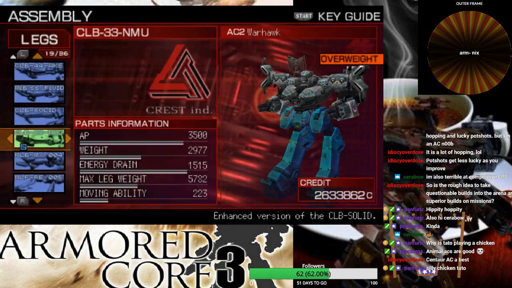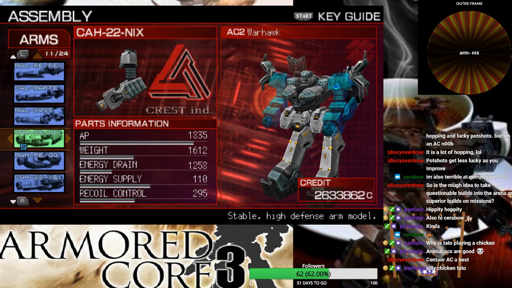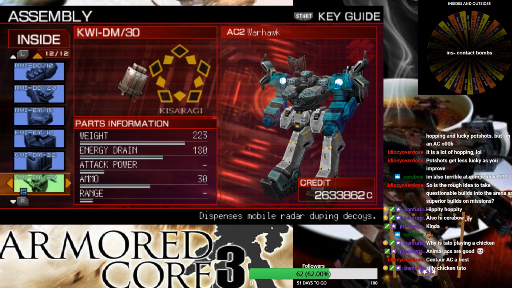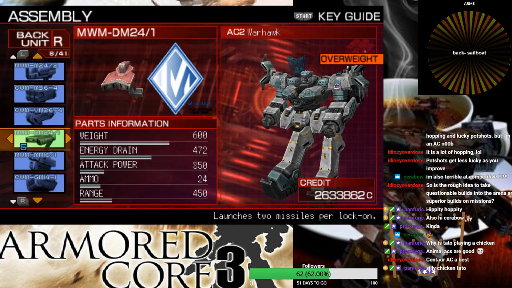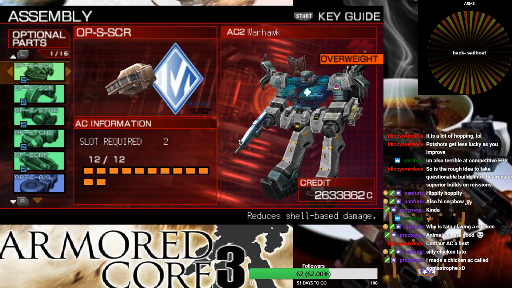Alright, we got Nick's arms. Please tell me that's what I think it is. Oh yeah, we got beef arms. Also, we can get something a little bit more viable than the howitzer. Alright, we got contact bombs. I'm never going to use those. I would really like a different radiator, though, because this radiator is pretty much rendering the rest of the machine utterly inviable. And we got a radar, so I guess technically we can default to starter weapons on this. But the back radar...